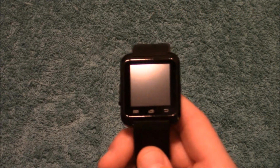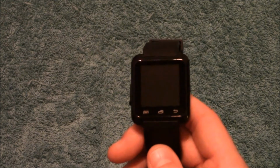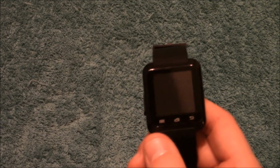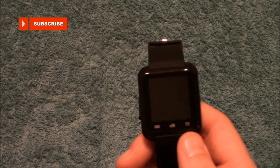And now let's take a closer look at the watch. You can see that it does have a reflective surface, and it does pick up fingerprints relatively easy. You can see that it has 3 buttons along the bottom, and for those 3 buttons, this would be the menu or the confirm function. This would be dial or page up or volume function, and on the far right you do have the back